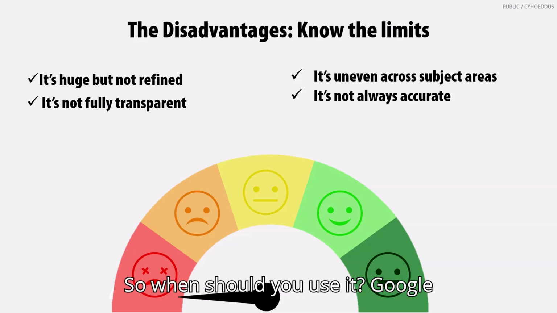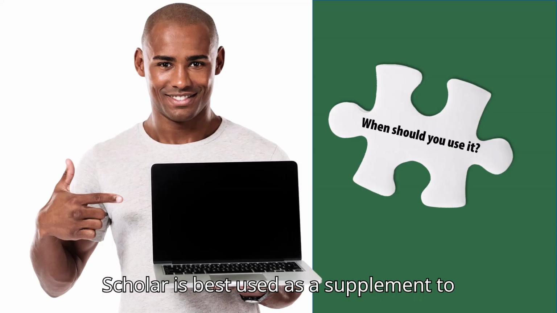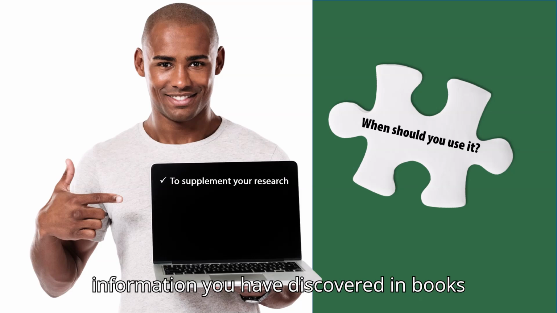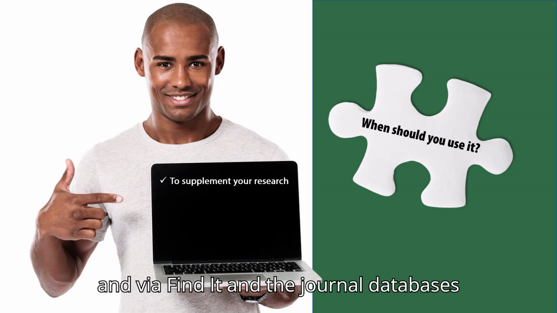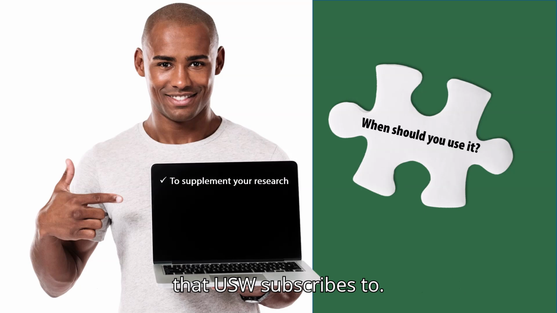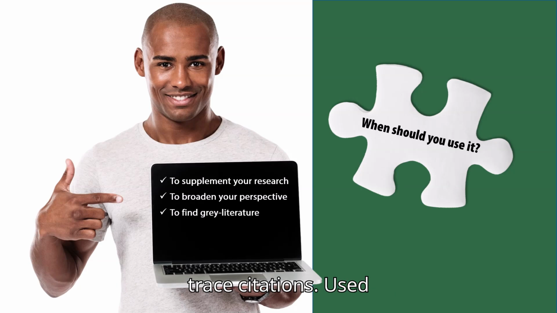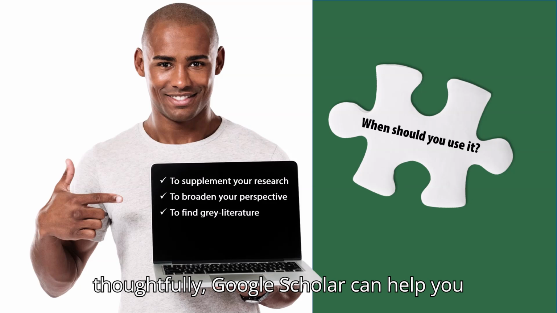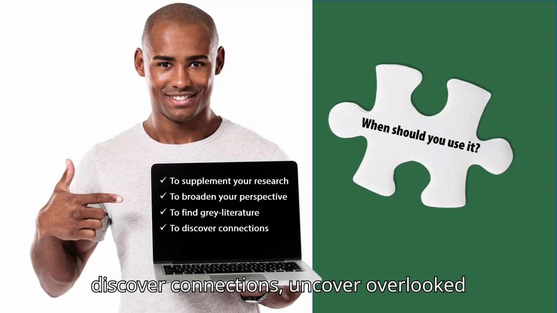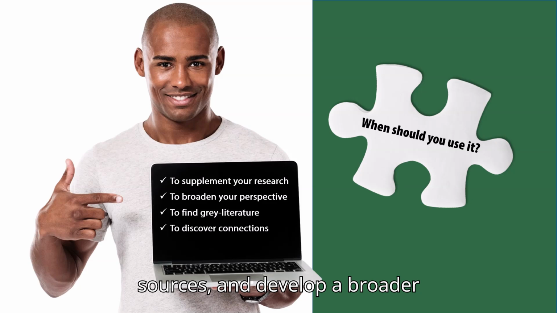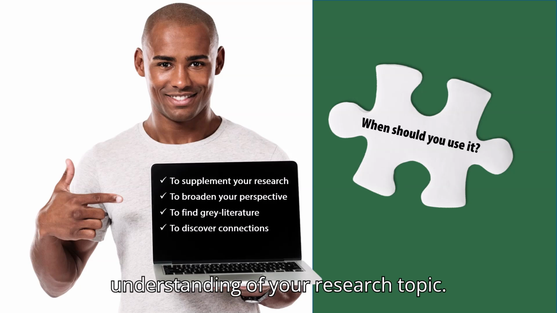So when should you use it? Google Scholar is best used as a supplement to information you have discovered in books and via Find It and the journal databases that USW subscribes to. Then use Google Scholar to broaden your perspective, pick up grey literature, and trace citations. Used thoughtfully, Google Scholar can help you discover connections, uncover overlooked sources, and develop a broader understanding of your research